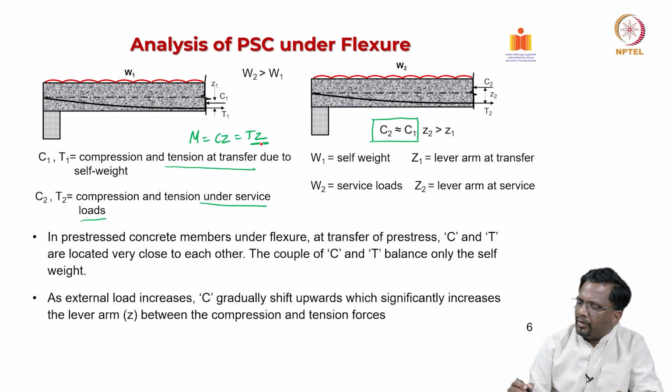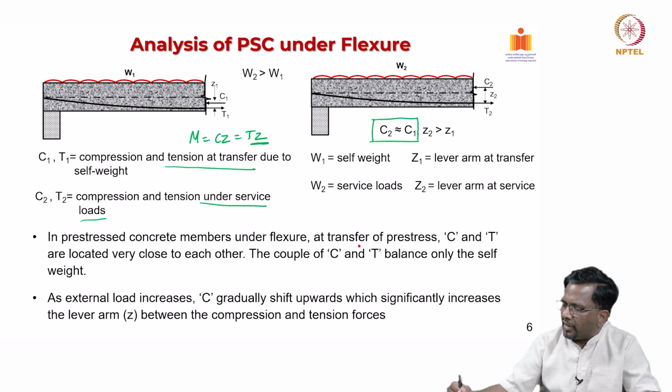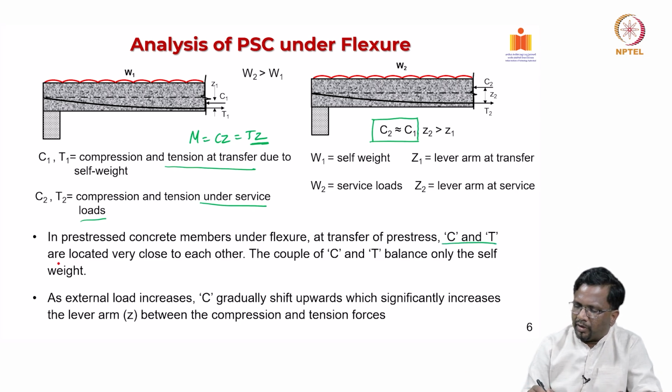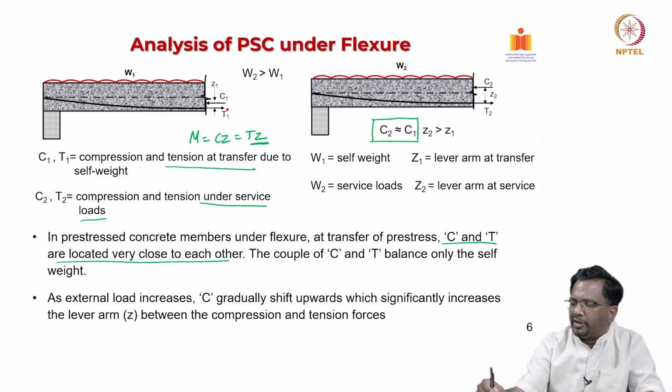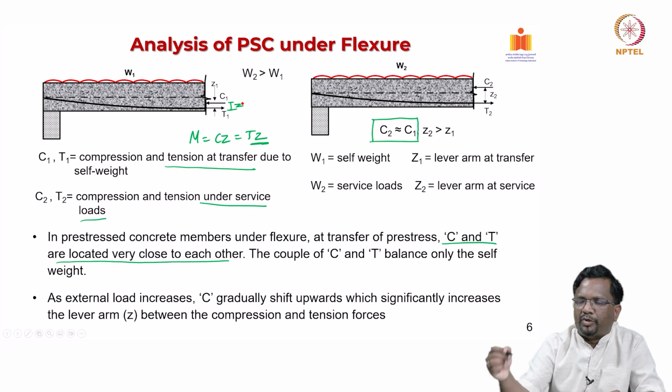Okay. So, in a pre-stress member, as we have discussed, at transfer of pre-stress C and T are located very close to each other. Let us say if W1 is 0, then C1 will be at the location when there is no external load. Now that we have some external load, C is going to move up, and that movement is nothing but your delta Z, let us say, or in other words Z, that is basically going to be your lever arm,